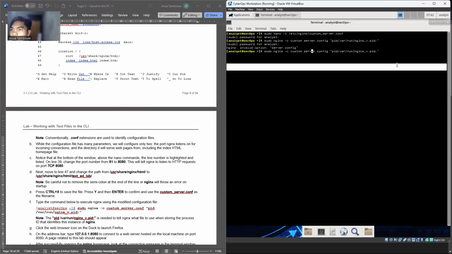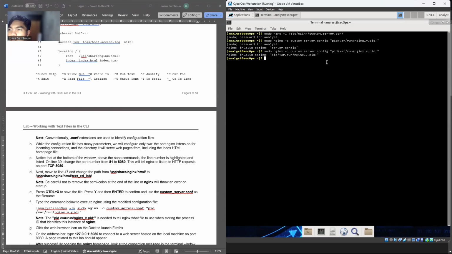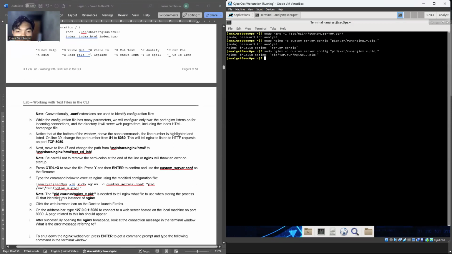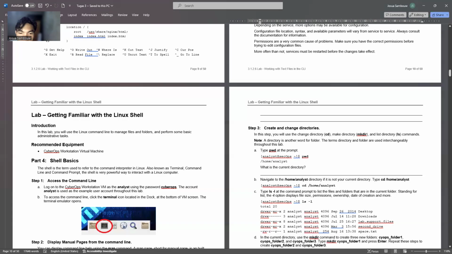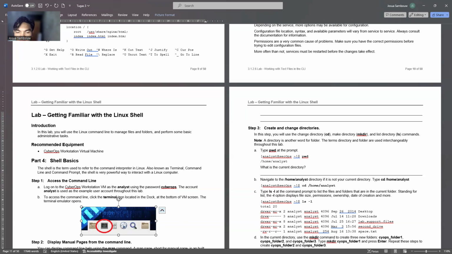It should be custom underscore. Enter. PID var run nginx. It's v, right? I have trouble on this one. Okay. Wait a minute.